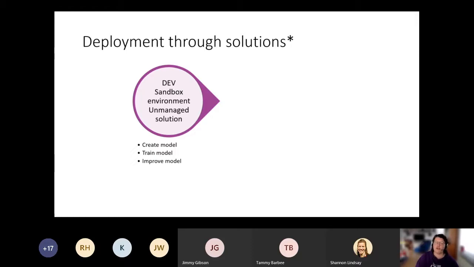That means you have to have actual data in that environment to be able to train your model properly. There is an option to restore your production database to a sandbox environment. So for example, if you use the prediction model, you can do a restore from production, so your model will be trained on actual historical data.